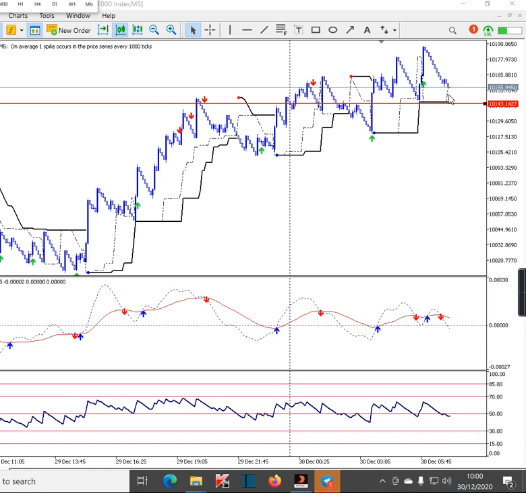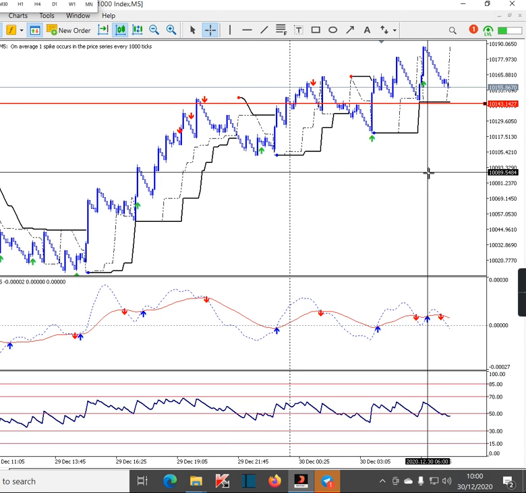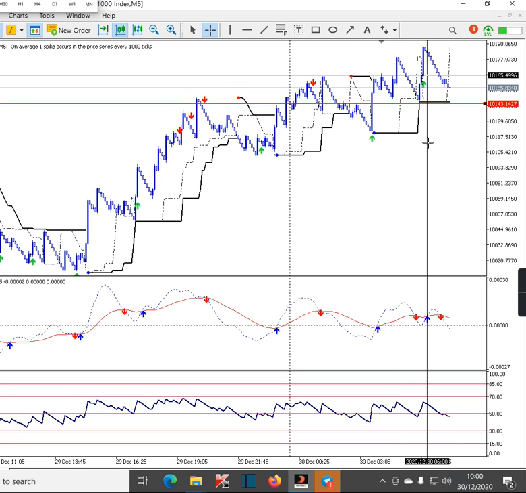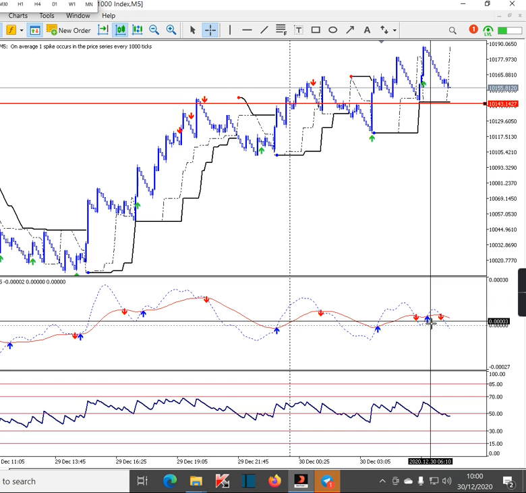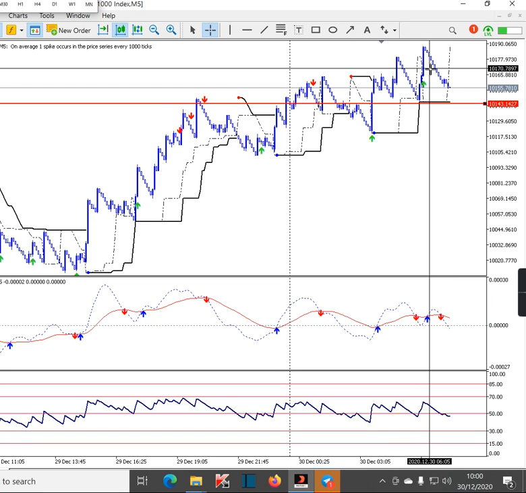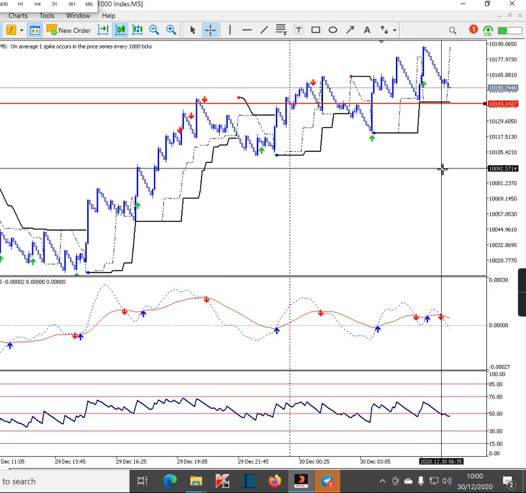So I sent a signal for a buy on Boom 1000, because this is my Boom 1000. The signal was a buy. It was generated here when we had an uptrend. You can see the buy signal came in on the uptrend, and then there was also another signal for a buy here. Then I said close, because we don't have to wait for